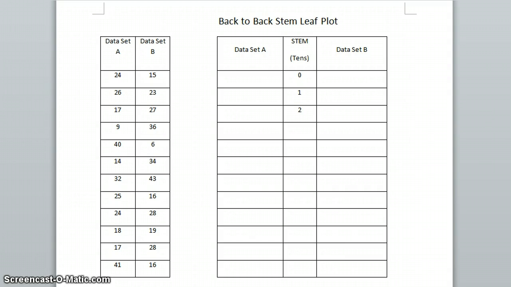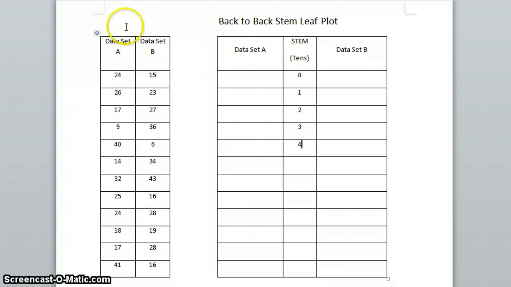Looks like I have a few over here in the 20s, so I'm going to use 2 tens. I can see in my data set I also have some in the 30s and in the 40s. Do I have any in the 50s? No, I don't. So that's as far as I need to go up. So now that I've chosen what my stem's going to be, which is going to be the tens, and I've listed in each column 0 tens up to 4 tens,